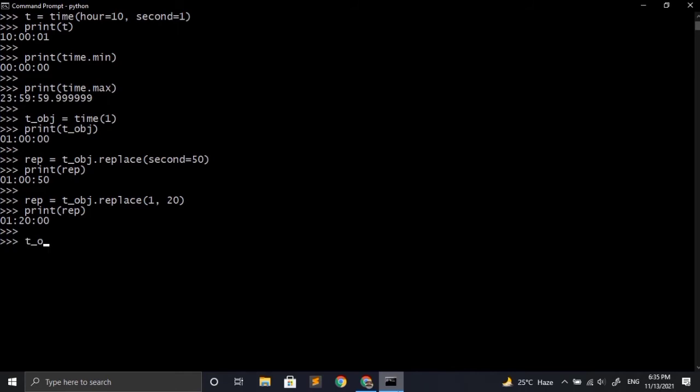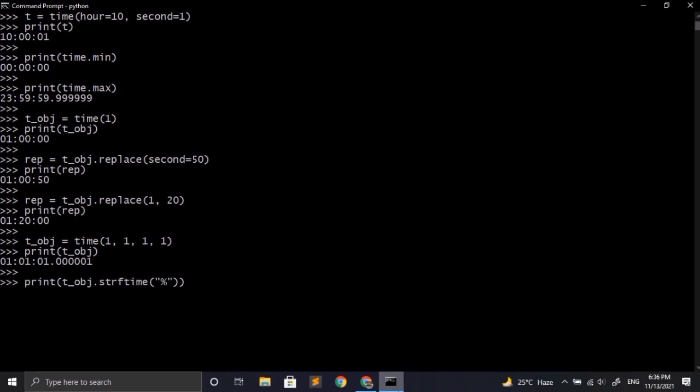So now let's use another method which is strftime, which means string format time, and for that we need another time object. So I'm just making a time object here, and after that we will implement that. So here I'm just printing the value of time object using the print function. To use strftime, we have to use it on the time object, and for that we have to write time object dot strftime, and inside the parentheses we have to provide the required arguments.